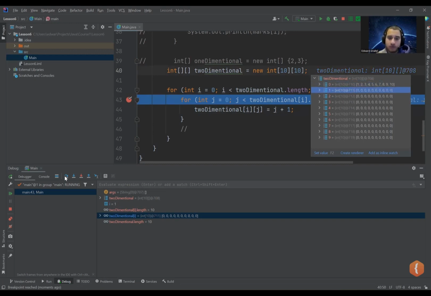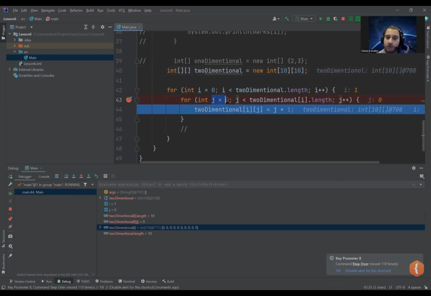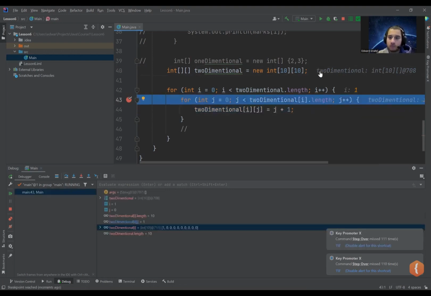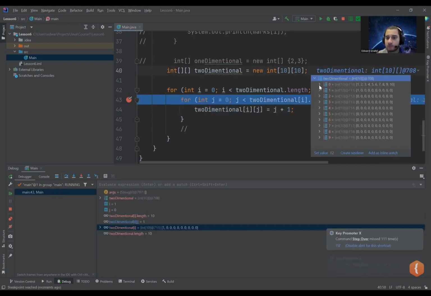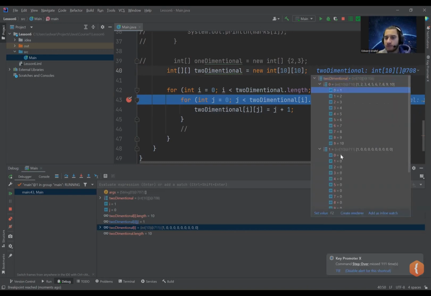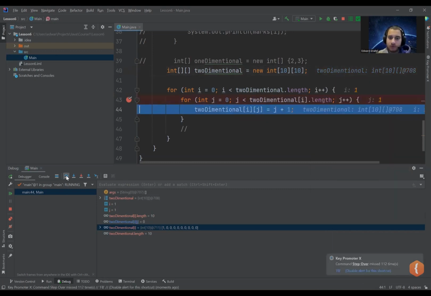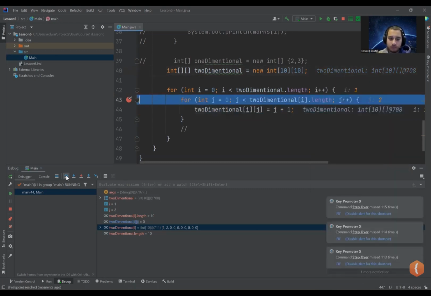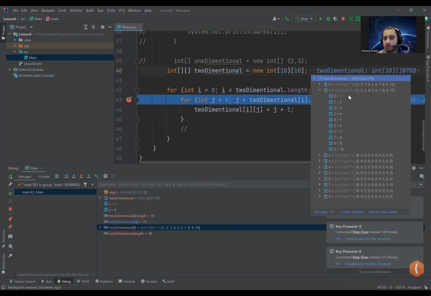And when I go through this, j gets reinitialized to 0, and then it's going to run the exact same loop again, right? So we can see that these values are going to be exactly the same. And if I loop this a few times, right? 6, 7, 8, 9. So we see I looped it the same amount of times, and the values are the